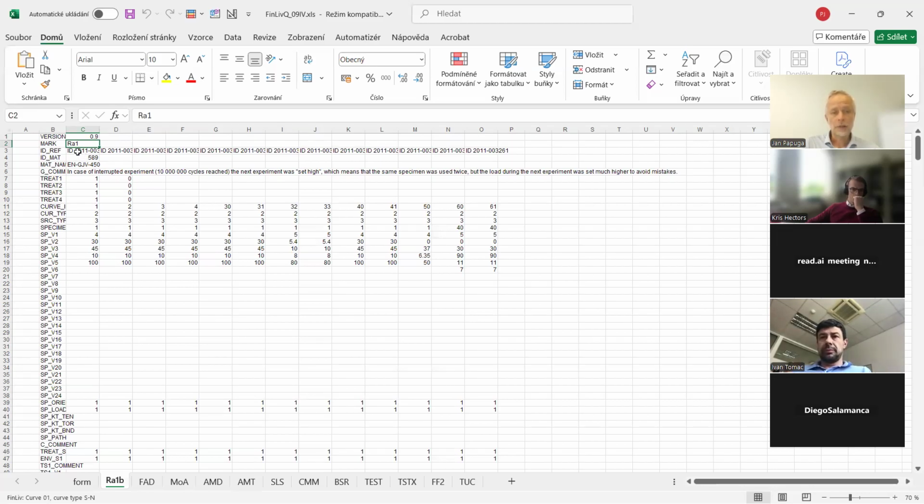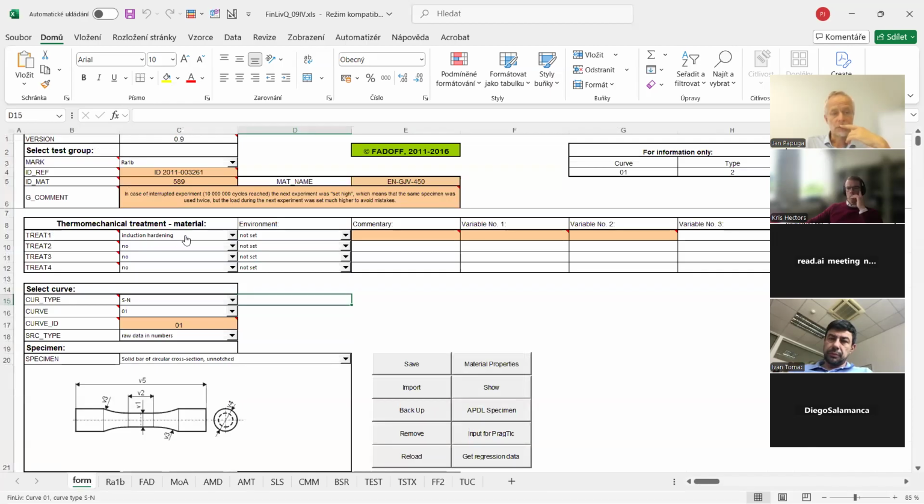Here is the ID reference to individual papers, because later on we found out that some data sets are spread over, for example, 5 papers. So we had to differentiate individual curves. And then we have the ID of material, its name, plus comments, and the treatment dedicated for this type of material. So if I make now a save, because if I'm changing this to induction hardening, I put there some